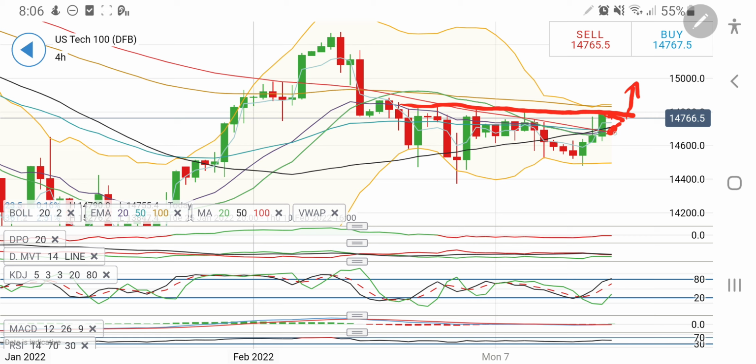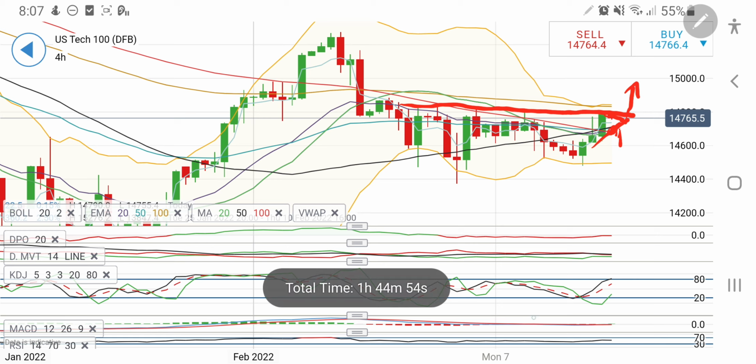And till 14,700 we have to be very cautious. Below 14,700 levels, yes, it can break further towards 14,640 and 14,600 levels, which is going to provide a stronger support on the downside. So for the day 14,700 is a support, and 14,620 will again come into picture.